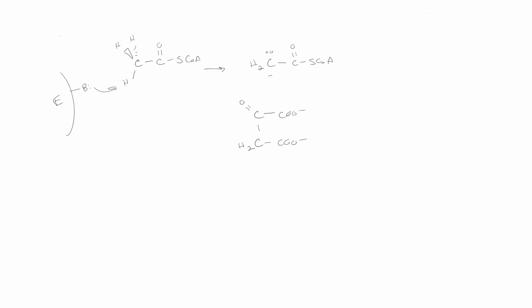So we always get a backside attack where these lone pairs will come in. This isn't drawn perfectly. Let me move the lone pairs down here. And I'm going to grab a different color for pushing electrons. These electrons come in, do a backside attack on the carbonyl. This is going to push the electrons up onto